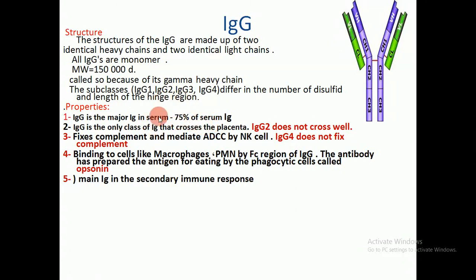IgG fixes complement and mediates ADCC by NK cells. IgG4 does not fix complement. It binds to cells like macrophages and polymorphonuclear cells by the Fc region of the immunoglobulin, and the antibody has prepared the antigen for eating by the phagocytic cells, which is called opsonin. Main immunoglobulin in the secondary